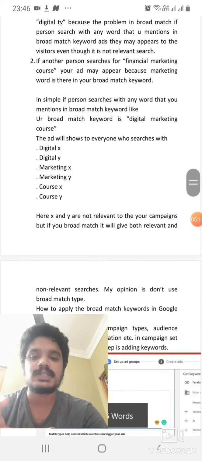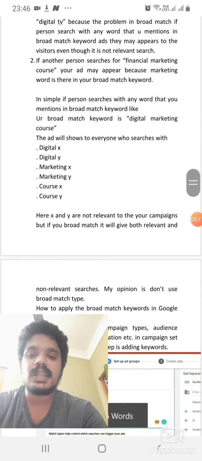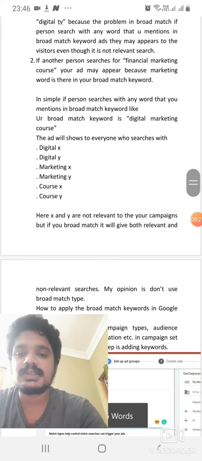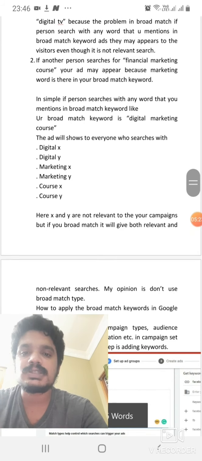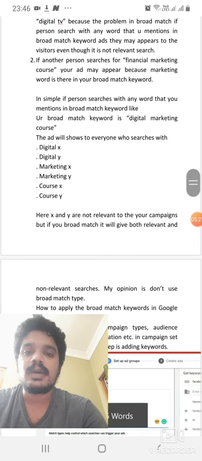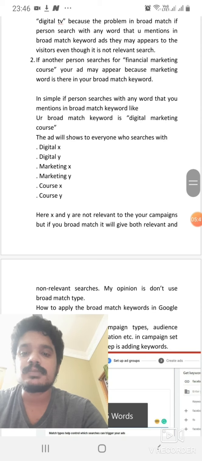The broad match keyword you used is digital marketing course, and marketing is one of the words in it. So the problem is any word that you mention in the broad match will appear for irrelevant searches like financial marketing, stock marketing.